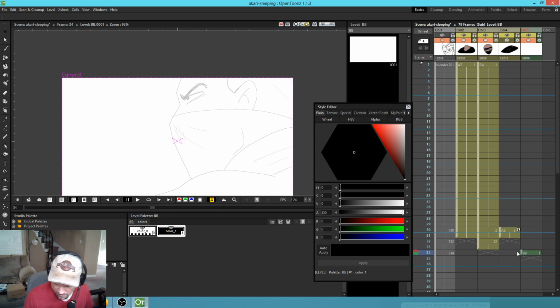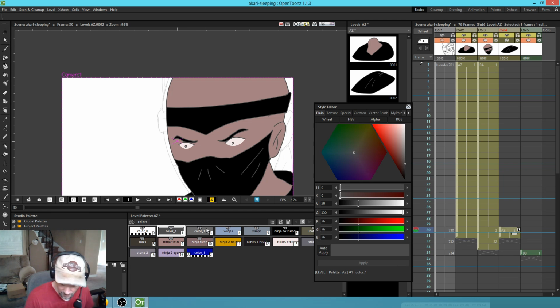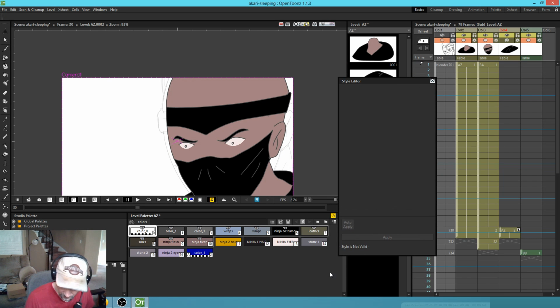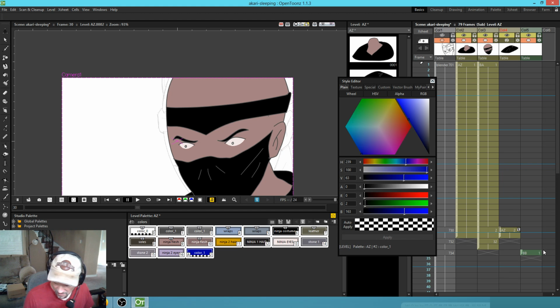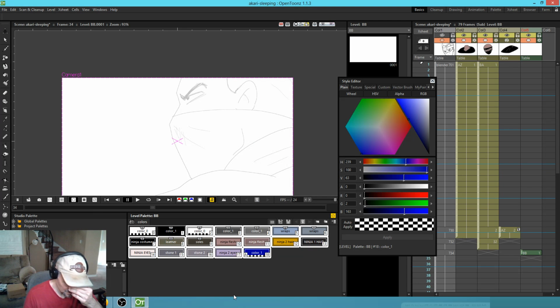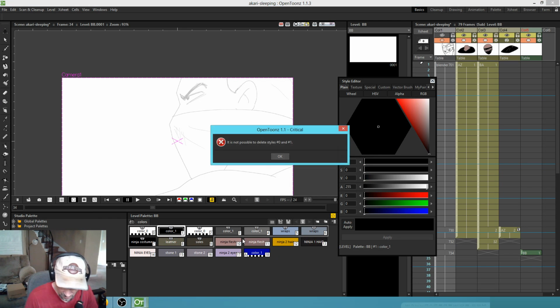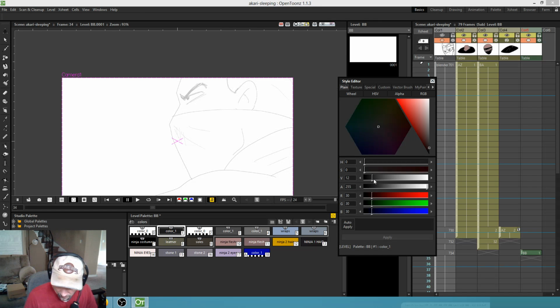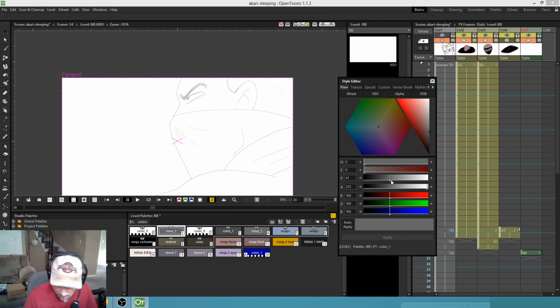So I'm going to take the palette from here. I'm just going to grab the whole palette. Probably should have this kind of out of the way, but I'm going to grab all these colors. Control C, go over here, Control V, and it won't let me delete color number 1, which is a little annoying. So I guess I just have to sort of do it this way until it looks the same. I could take this, hit the R key,